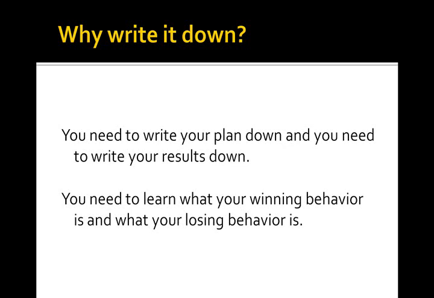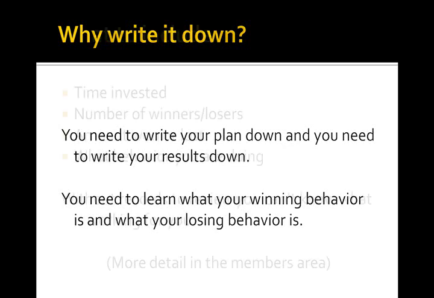Great. Once you've decided that's the person you're going to be, now you need to have a plan. Maybe you're going to paper trade for 30 days, etc. You want to write all this down and review it because you need to know what your winning behavior and your losing behavior is consistently while you're doing it day to day. It's a big misconception to think that you're going to shoot from the hip. You need to have records. You need to keep records. Those records will help you determine what your winning behavior is and your losing behavior, because you don't want to be the loser. You know what I'm saying?